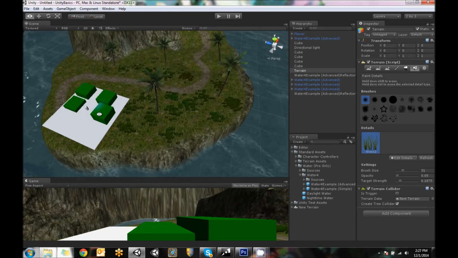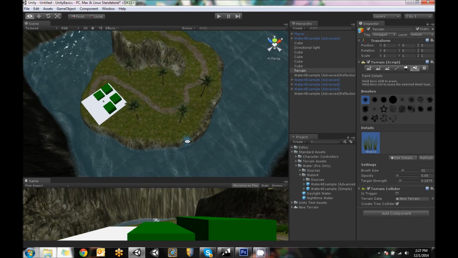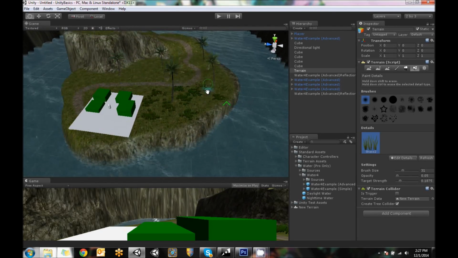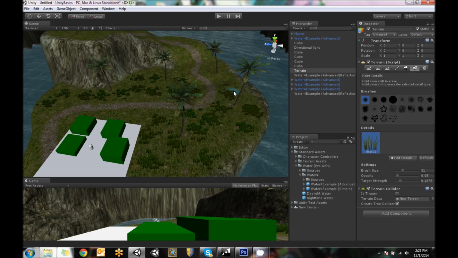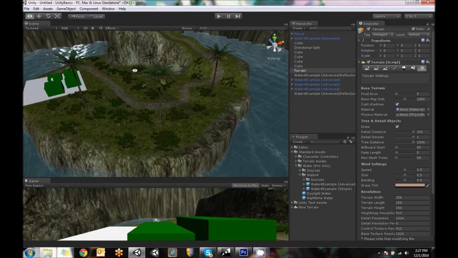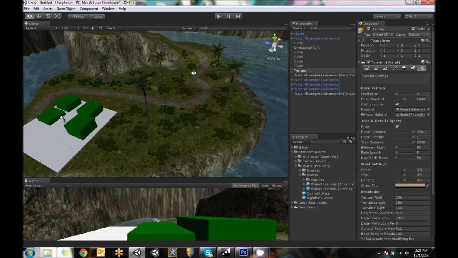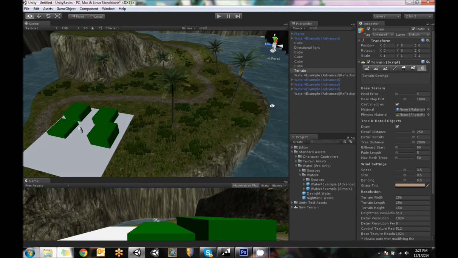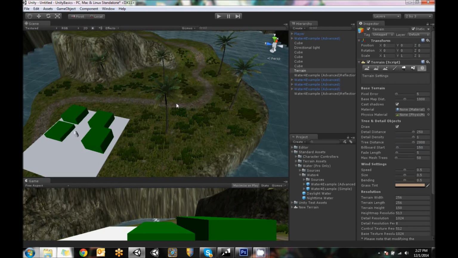Also see that things pop and change when I move the window. That's because there's different detailed settings for the editor. You can actually change this by going to the gear for the terrain script, or the settings rather, you can raise the detail distance, and you can also raise the billboard start for trees so that you don't see this one's all bent right here, and that's because it's not actually a tree yet. It's rendering a billboard, or turning it into a flat plane of sorts. So I'm going to change that to, let's say, 150 or something. Now those trees are all rendering, and now if I go up this hill,